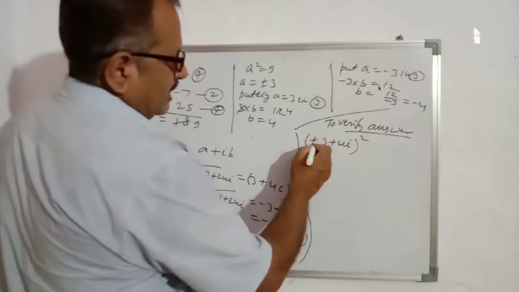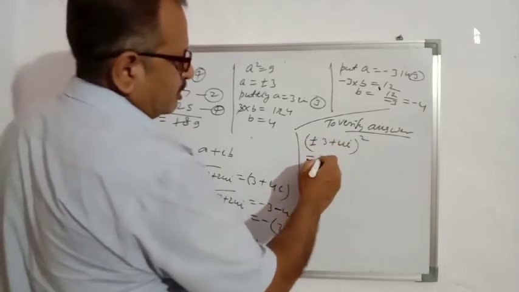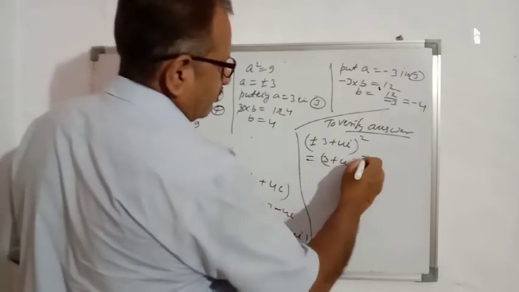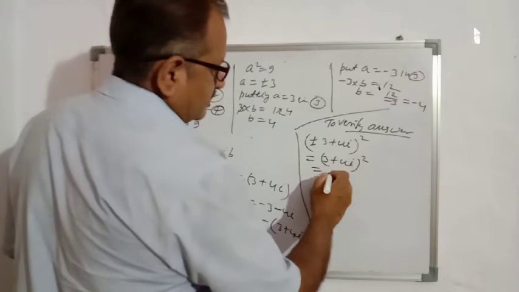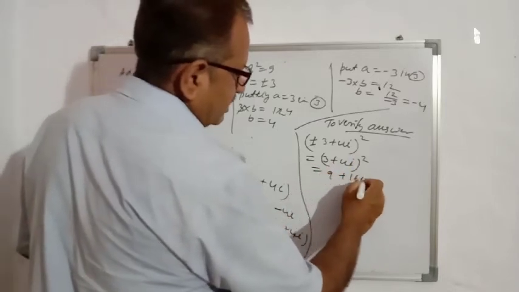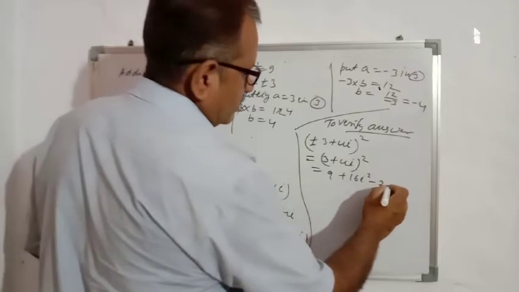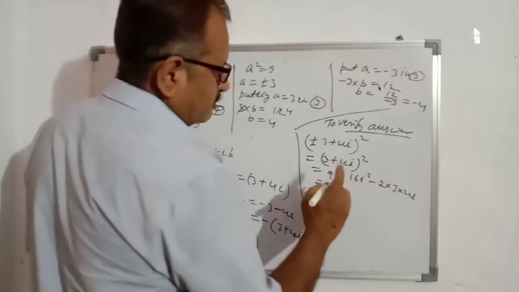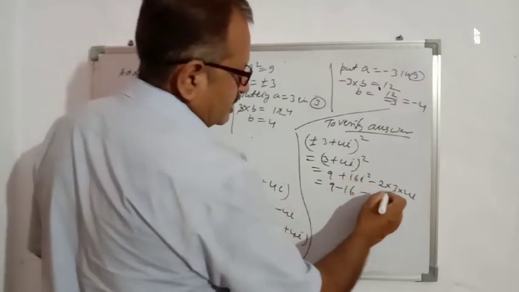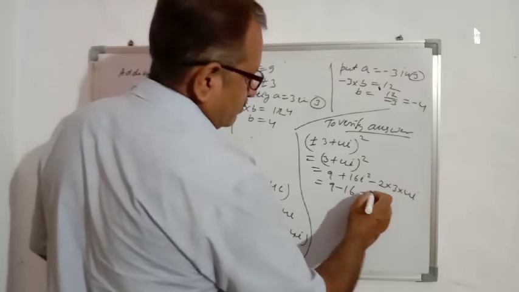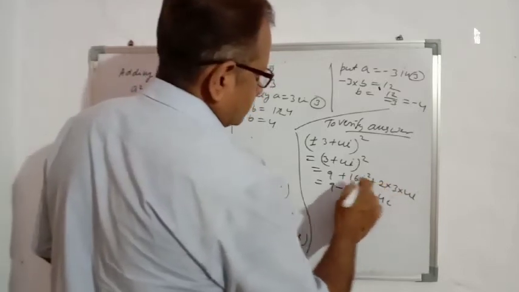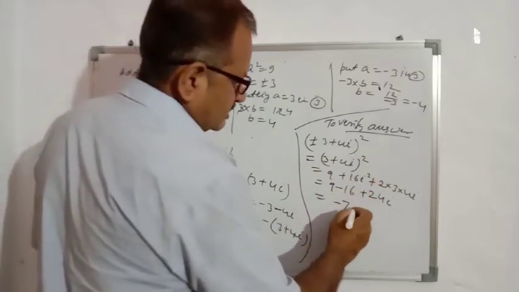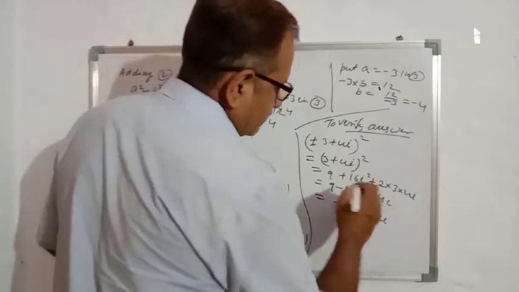So the square of plus and the square of minus, in both cases we will get positive. So we can write (3 plus 4i) whole square. Take the square: 3 square is 9, 16i square, plus 2ab, 2 into 3 into 4i. i square value is minus 1, so 9 minus 16. 2 times 3 is 6, times 4 is 24, so 24i. It is a square plus b square plus 2ab. So 9 minus 16 is minus 7, plus 24i.